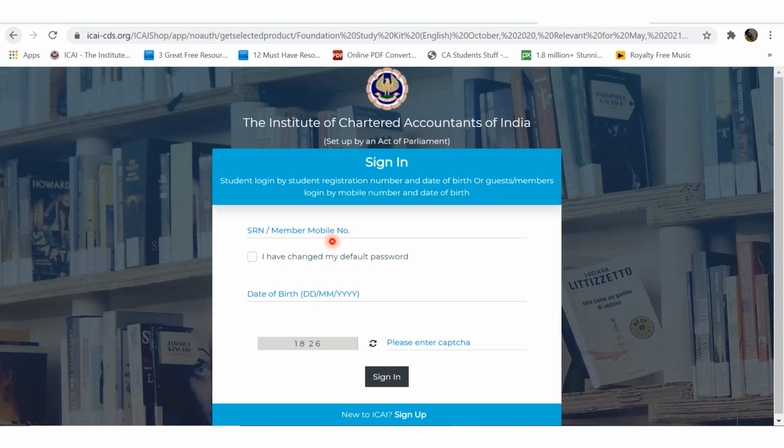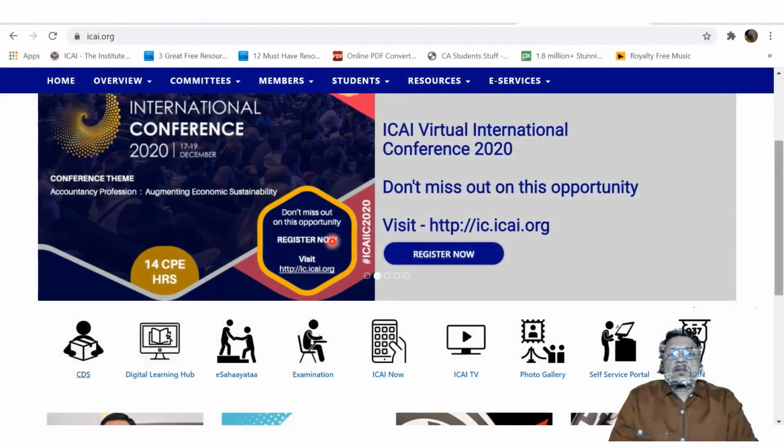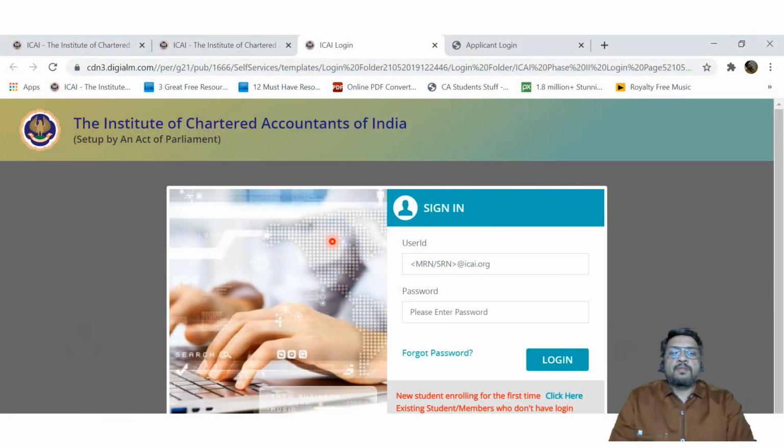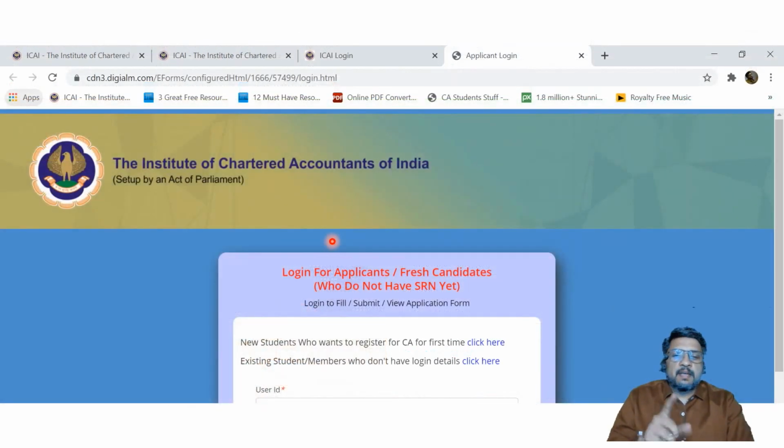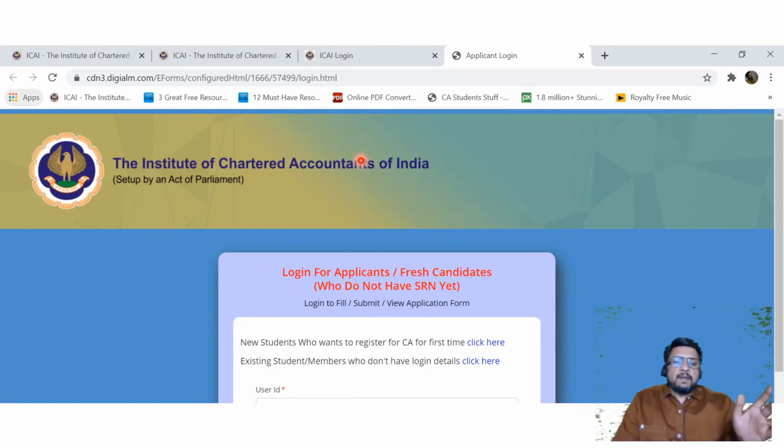So I hope all of you have understood the basic idea of the registration process and how the entire process works. If there is any difficulty, don't worry, but please ensure that you are not going into the student login. You must go to the applicant login. Okay, so this applicant login is important for us. Once you are in the applicant login, you will find that it is easy to complete things. Any step which is pending, you can use applicant login for completing that particular thing.